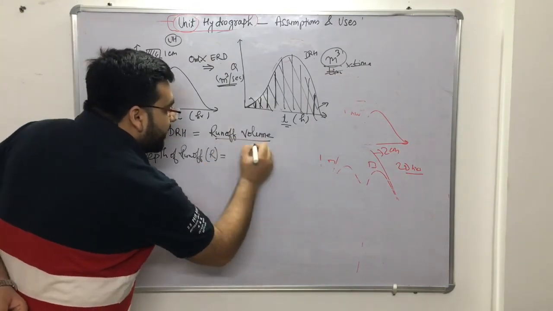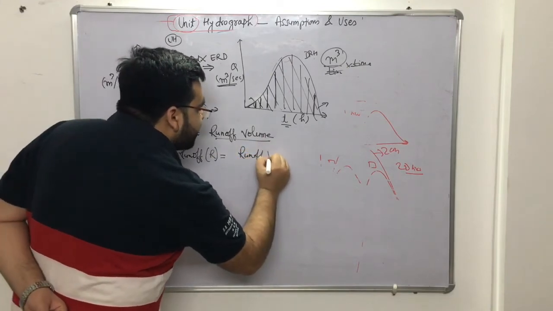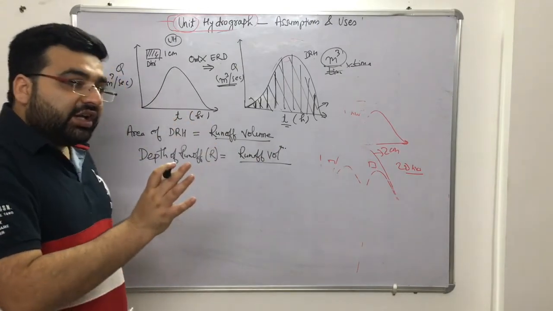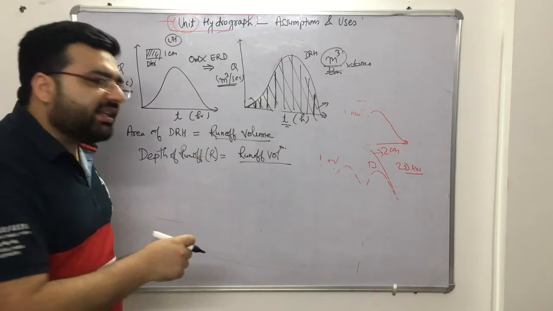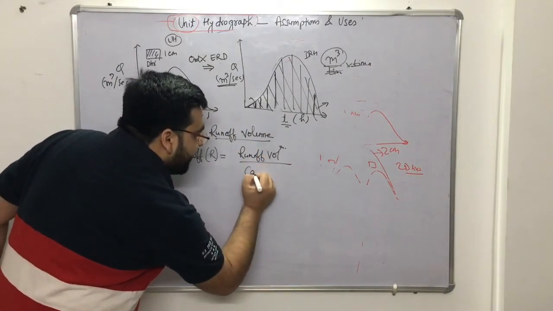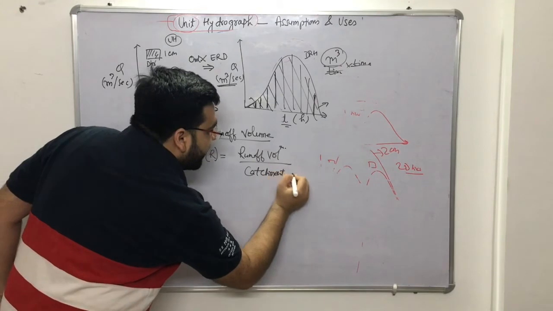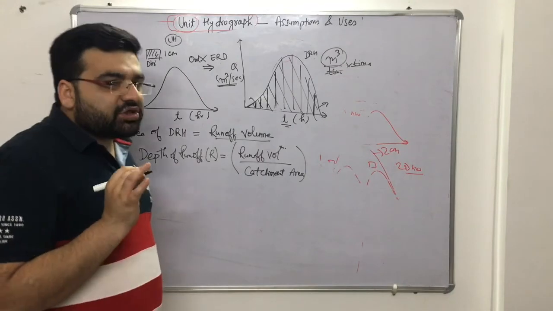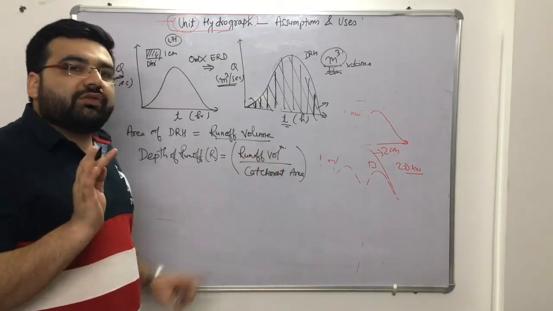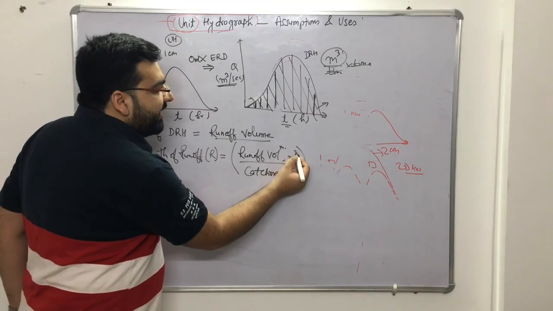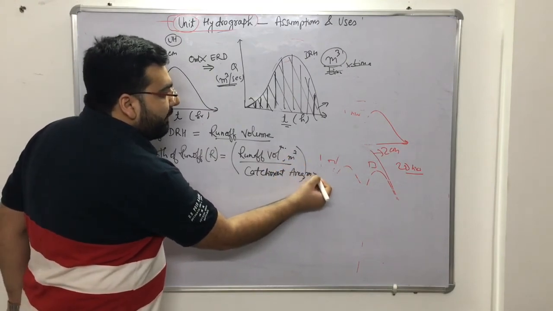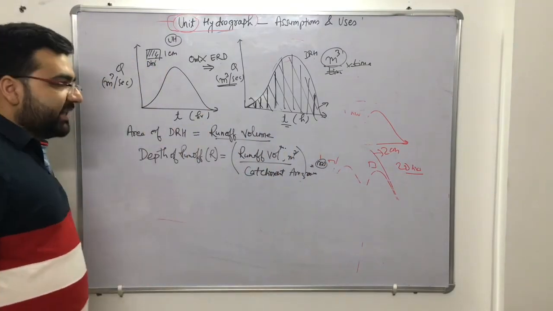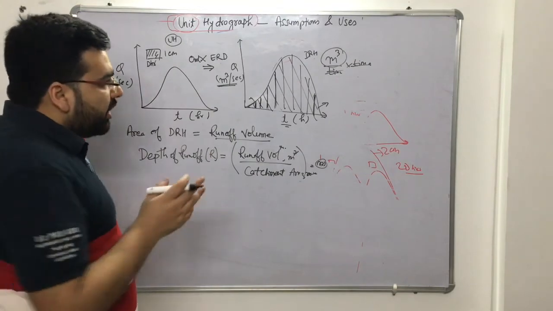If you divide this runoff volume by the catchment area, if in the question the catchment area is given to you, you can easily determine the runoff depth also, right? Divided by the catchment area. I told you when I started hydrology that whenever you get confused, just compare the units, you will get the answer. What is the unit of volume? Meter cube. What is the unit of area? Meter square got cancelled out. It is meter. So meter is basically the depth of the runoff volume. Clear? Now runoff volume we have also got.